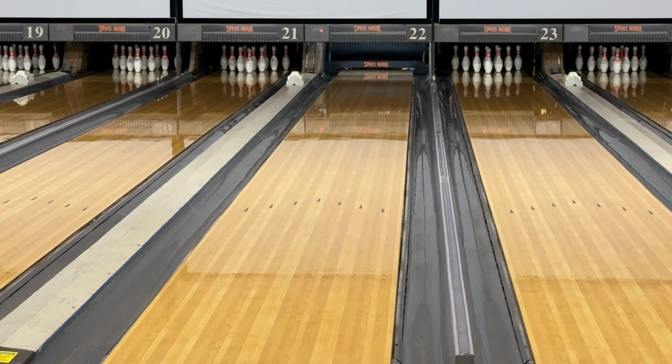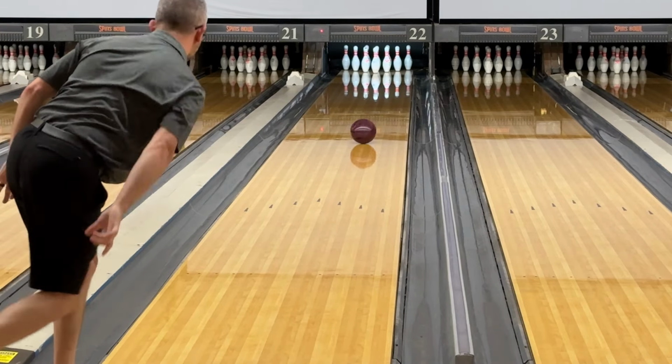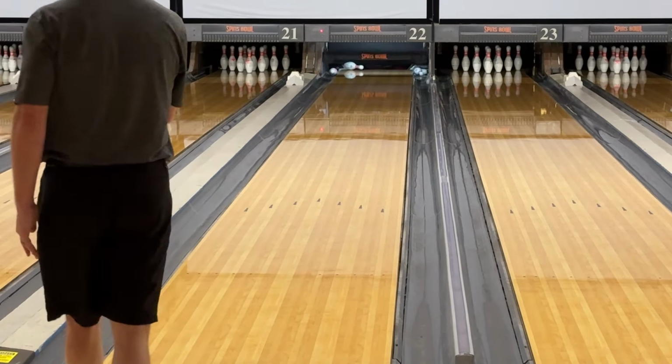Once again, really clean through the front, much slower down lane, rounder in shape. I think naturally it's a lot more forward. And to show that, we're going to throw one more, and I'm going to keep my hand behind this one. I'm going to slow my ball speed down and get my hand a little more up the back of it. Yeah, see, a lot slower